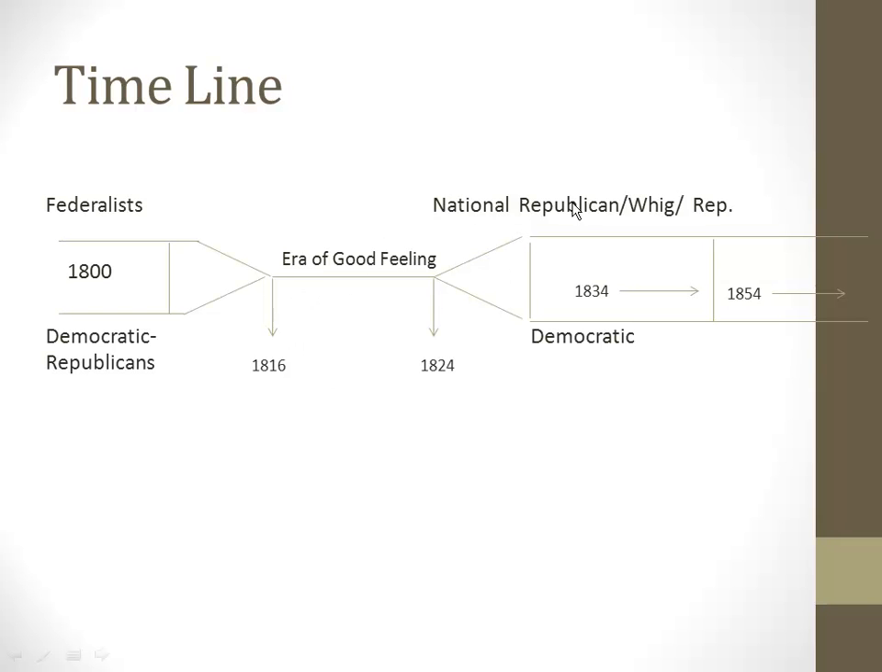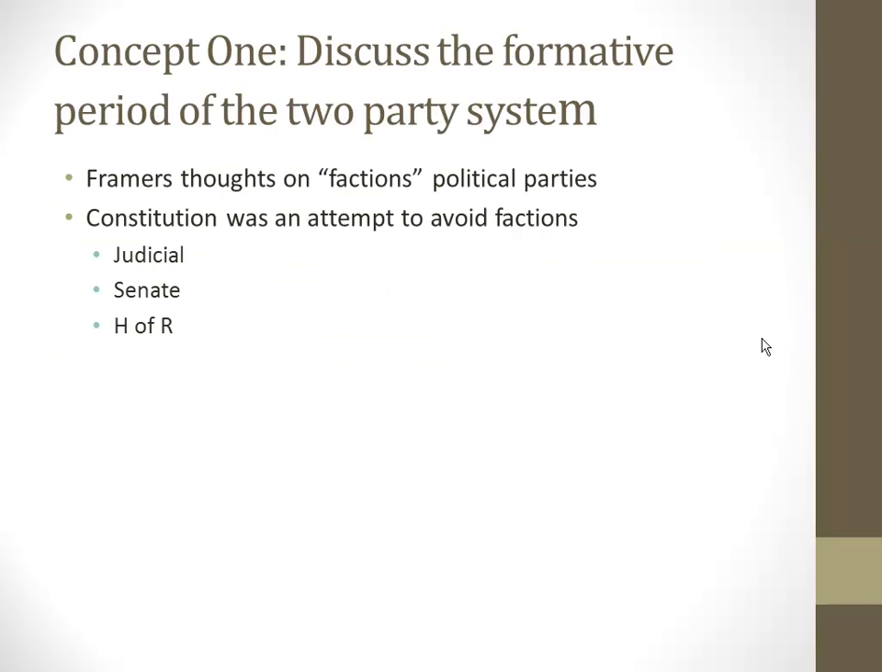And then we're going to be moving into what's known as the antebellum period, from the 1820s all the way to the 1860s, seeing the formation of the National Republican Party, the Whig, and then the modern-day Republican Party. Parallel with that is the modern-day Democratic Party, as we have today, with Andrew Jackson. So, the first concept that we're going to be looking at here is: discuss the formative period